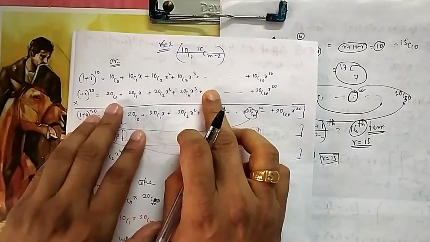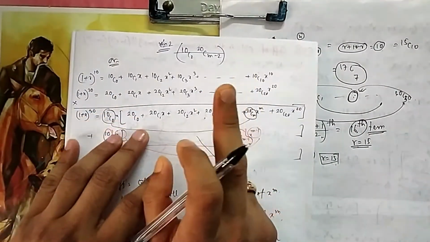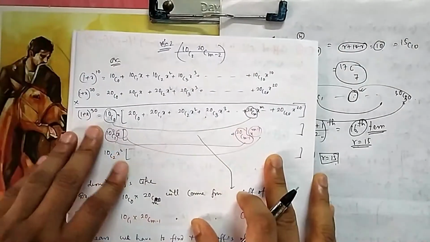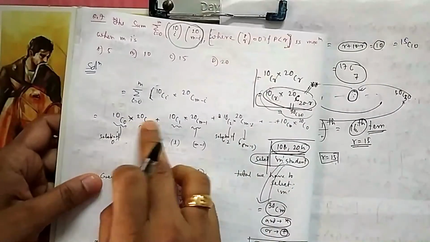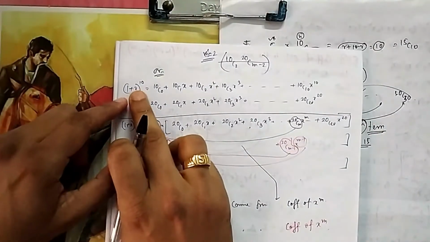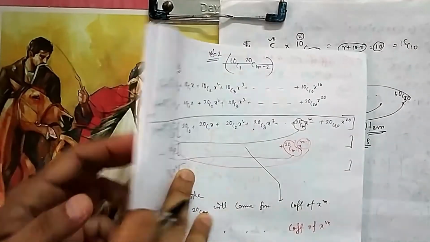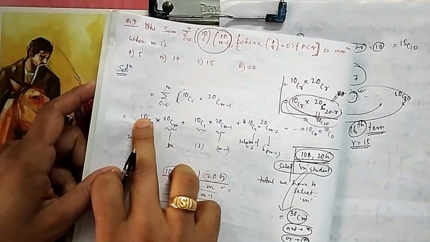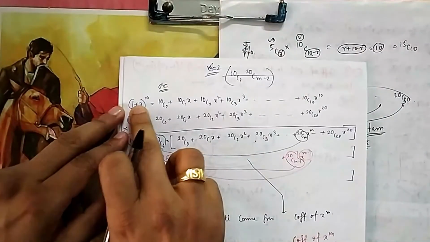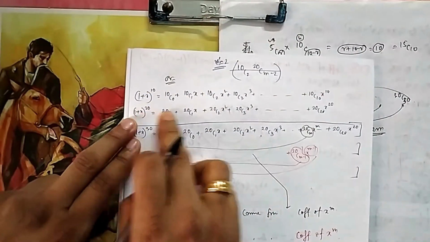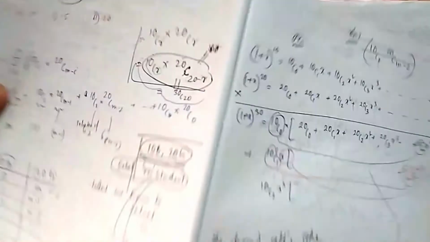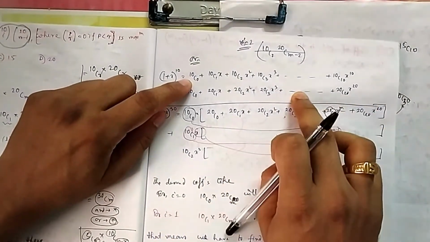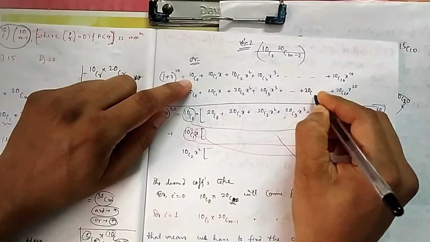The last one you see, C0 squared plus C1 squared, so you can check that theory one more time. You can check that video, because here it is a product of two coefficients, so you write it in this fashion. One is with 10C0, one is with 20C0, n is 10 for one and n is 20 for the other. So you write one expression (1 plus x) to the power 10, and one expression (1 plus x) to the power 20. Now if you take the product, see which one is the first product. The first product they have given is 10C0 and 20Cm, so 10C0 and 20Cm will be somewhere in between, 20Cm x to the power m.